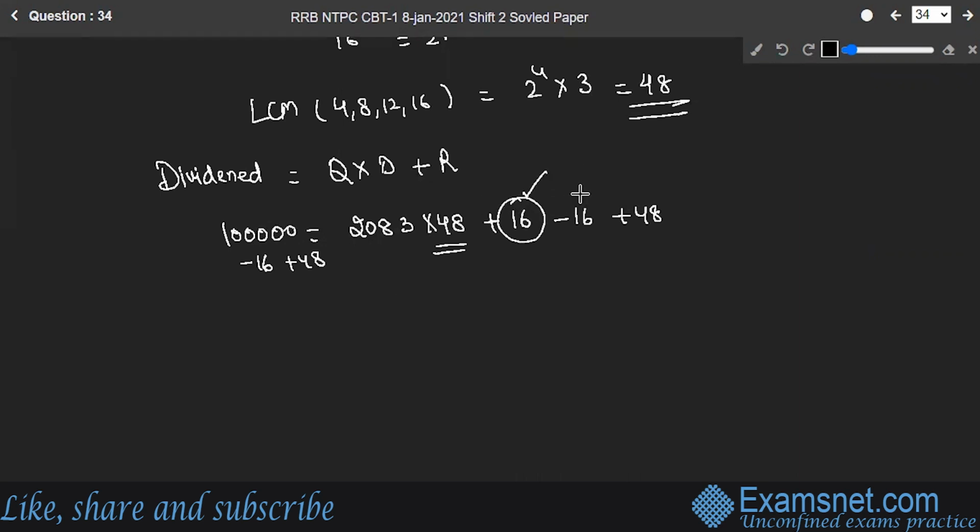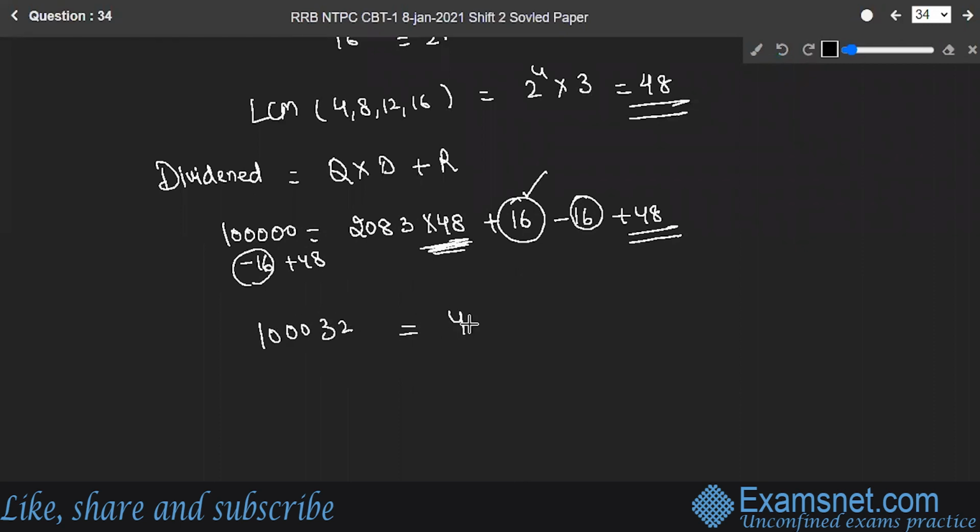If I subtract 16 from the right hand side, I have to subtract 16 from the left hand side also. It will be lesser than this number. Then if I subtract 16, it will be a 5-digit number, not a 6-digit number. So to make it 6-digit, I have to add a 48 because it should be a multiple of 48, right? So this will be equal to